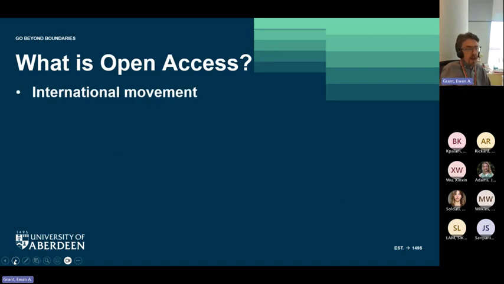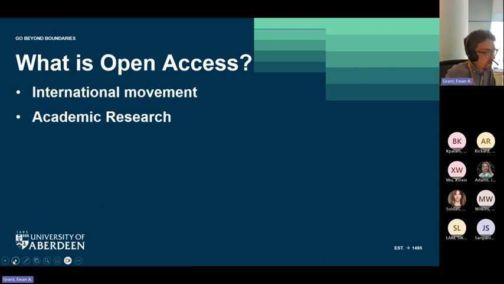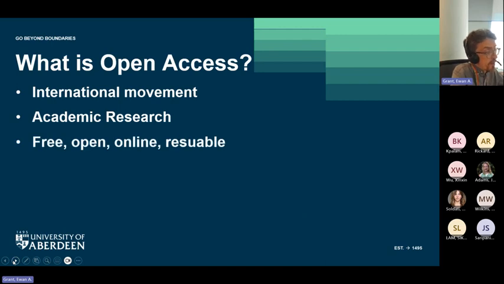So open access generally is an international movement within academia to ensure that people can access research that is being paid for, often using taxpayers' money. It's a moral good, it's an ethical good. More and more funders demand that any research that they are paying for is published and made available in an open access format. The focus over the last few years has very much been about journal content, articles contained within those, but there's now much more of a push towards open access being made available in terms of book publications, monographs, and book publications. The idea is that these materials are free, open for anyone to use, and available online,